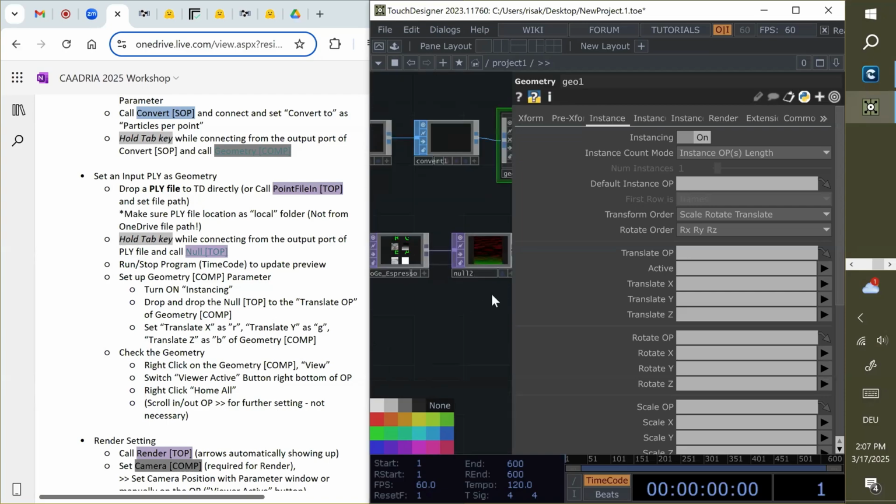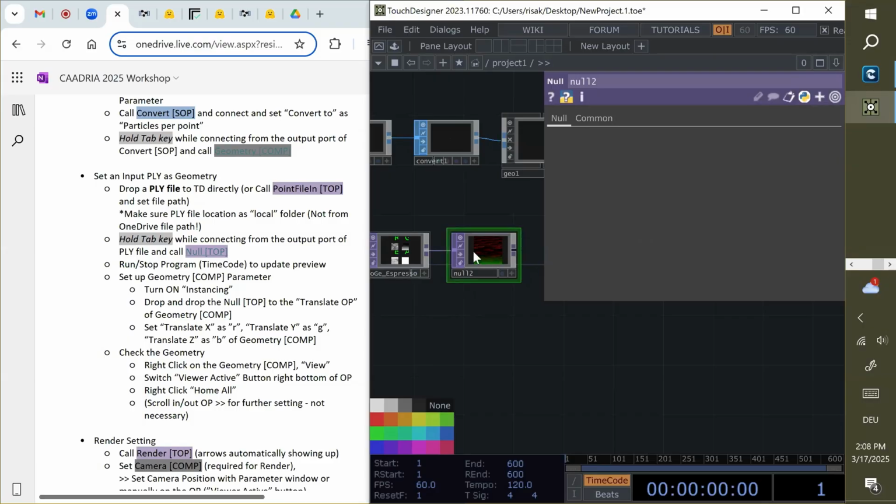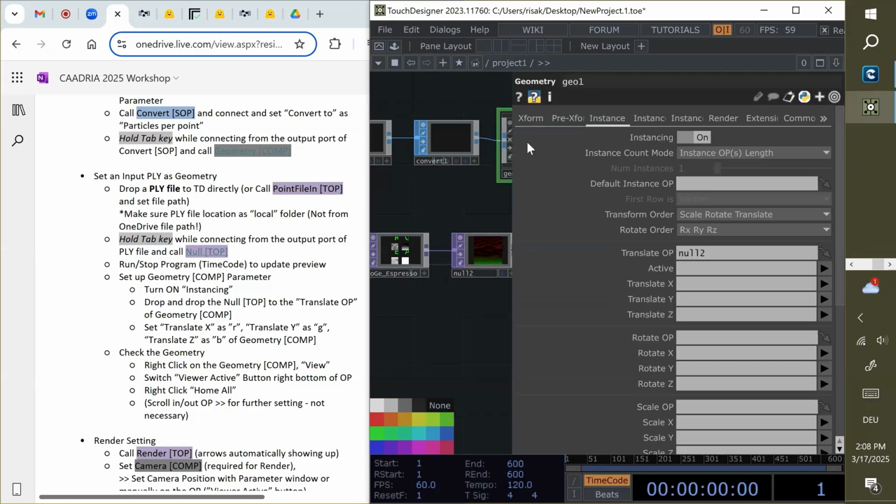And now it's a bit complicated. You just grab this New to this Translate OP here. Drag and drop. If you click this one, the property is about Null, so you just have to make sure the property is Geometry, and then you drag this one into this Translate OP.